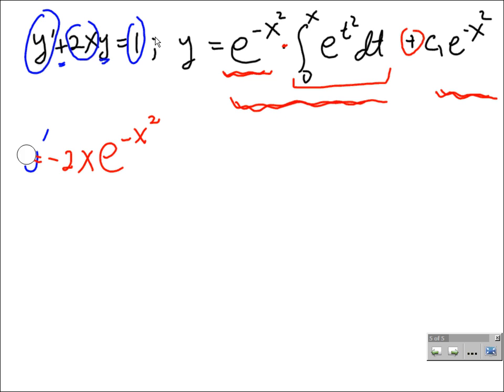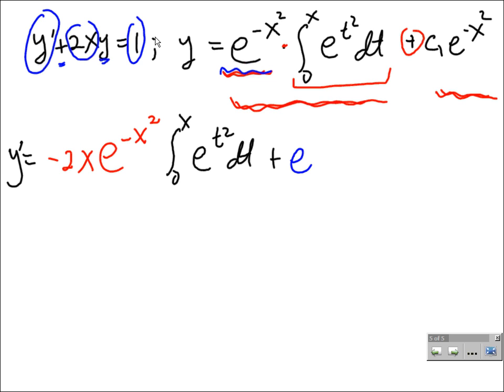So that's what y prime is starting off as, times the second function, integral 0 to x e to the t squared dt, plus, now I keep the first function the same, e to the negative x squared, times the derivative of this function. So first, the variable is t, so first I plug x in for t, I get e to the x squared times the derivative of x, which is 1,